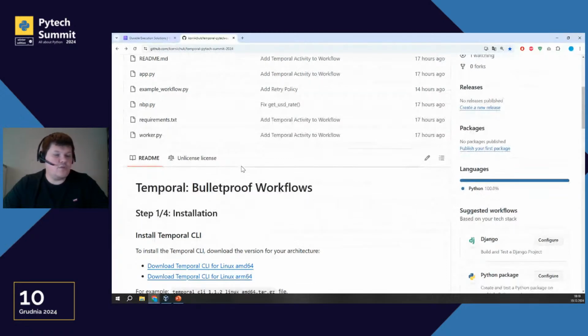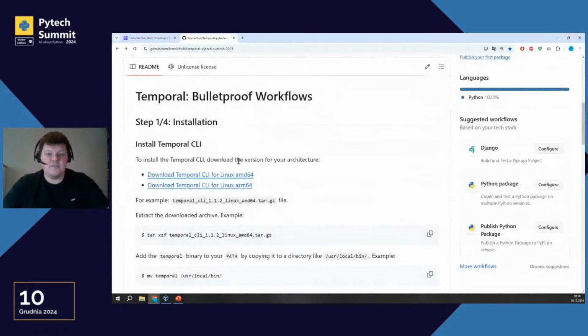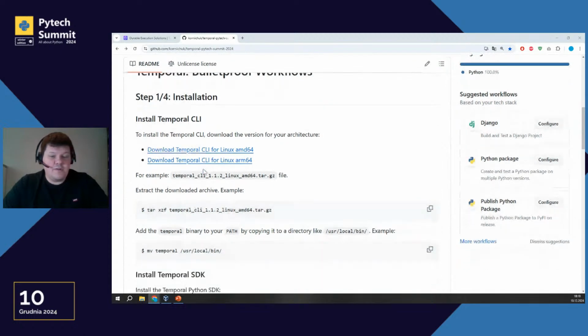Now let's check the documentation, and finally let's execute our demo to check how it works in practice. We can install the Temporal CLI, and we can execute the Temporal server with the CLI. I will use Ubuntu. You can use macOS and it works, or Windows. We just need to download the archive with the binary. I downloaded it for AMD64 processor.